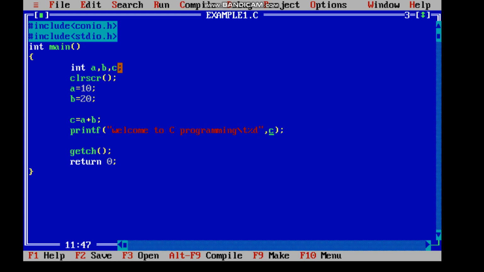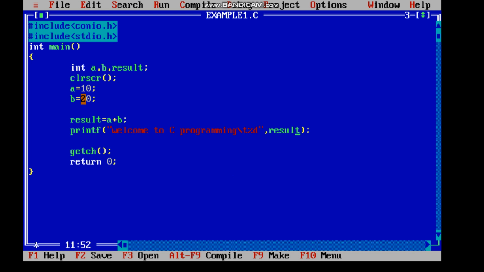Now I can use some other variables, right? So instead of C I can use a result variable. Let us suppose the variable is result. So I have declared that integer variable. Now I can define that variable: result is equal to a plus b. Then similarly you have to change here. You can identify how I am changing the variable names in a declaration, in a definition, and then when printing the result. So it is up to you which variable name you want to use.